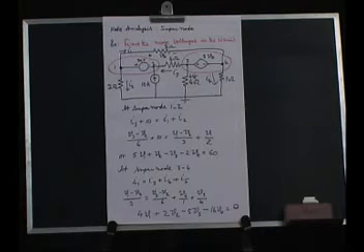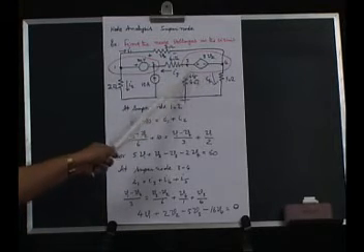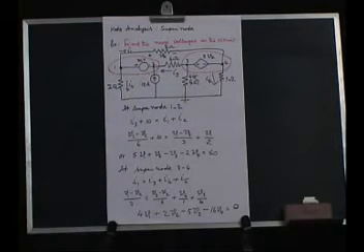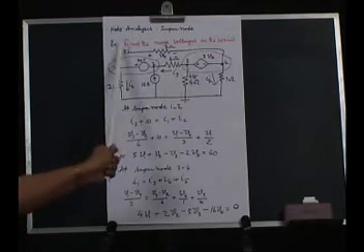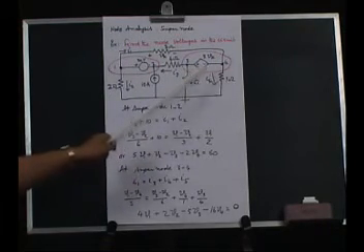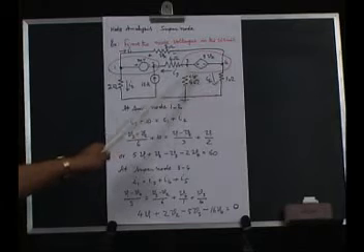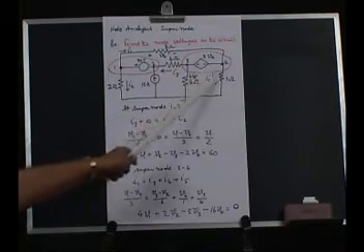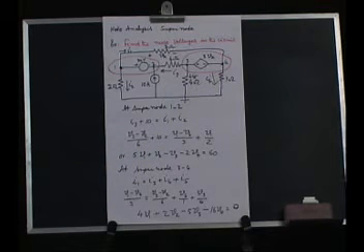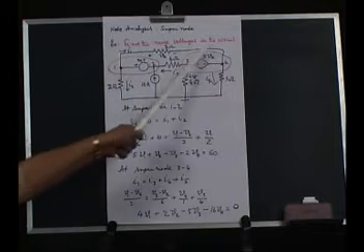Then there is another equation at this supernode of 3 and 4, and we shall find out what currents are entering it and what currents are leaving it. The current entering the supernode is this I1, and the currents leaving are I4, I5 and I3. This is going out, this is going out, and this is also going out. So, at 3 and 4, the only current entering is I1.